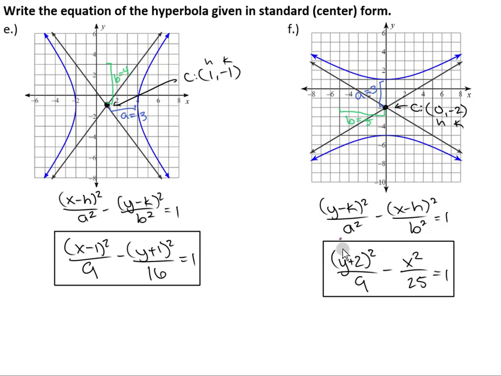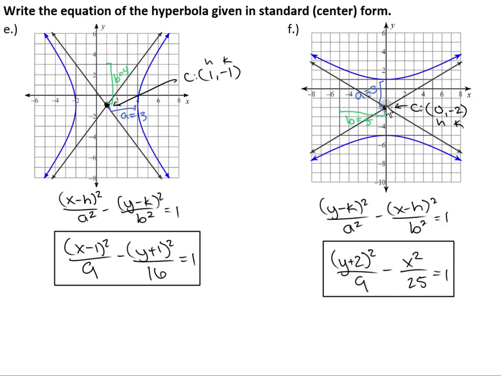All right, here you go. It should end up with (y + 2)² over 9 minus x² over 25 equals 1. Again, our center here was (0, −2). So remember, because it is vertical, we're going to use the formula where y comes first. It's opening up and down. Since y is negative 2, y minus k, kind of looking like the opposite sign here, (y + 2)²